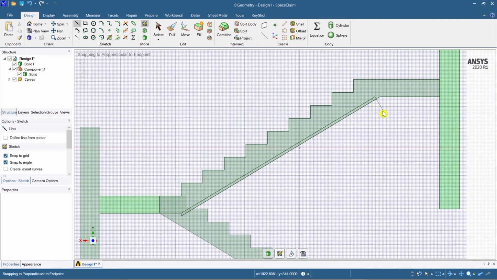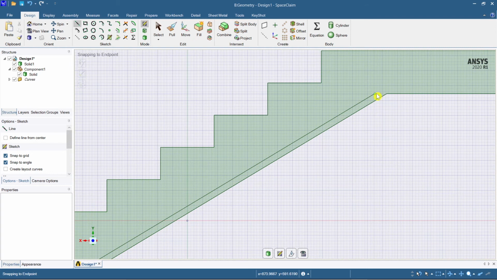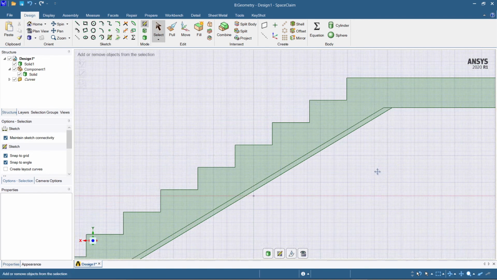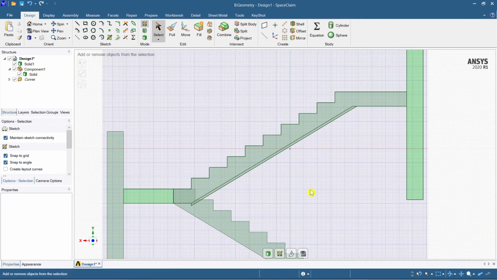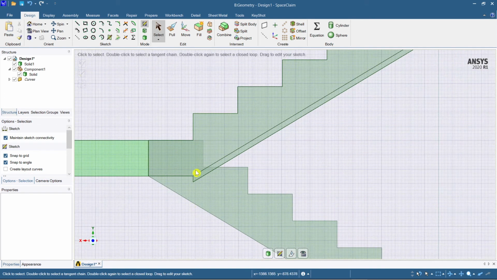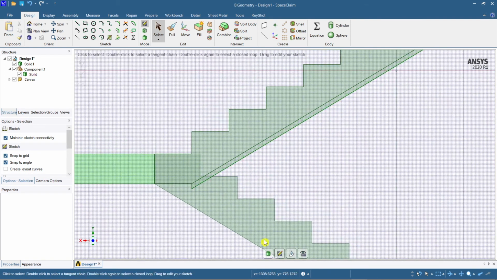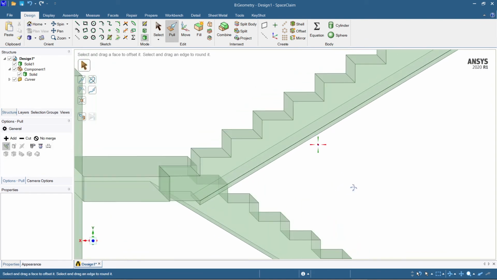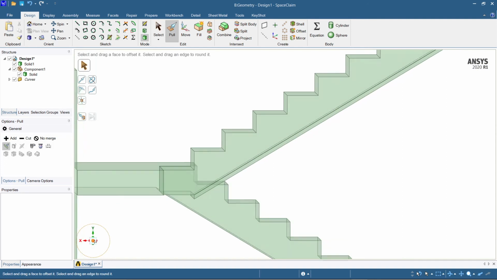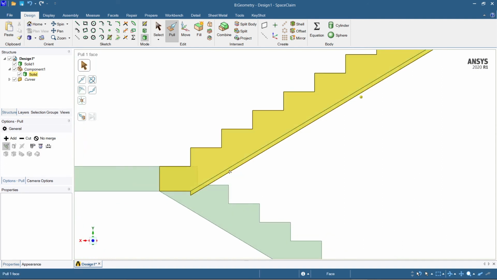So I think everything is self-explanatory here, so I don't think any explanation is required. I'll just give the explanation as and when it is required. So let me come back here. I want to get rid of this part, so this part here. So what I'm just going to do is